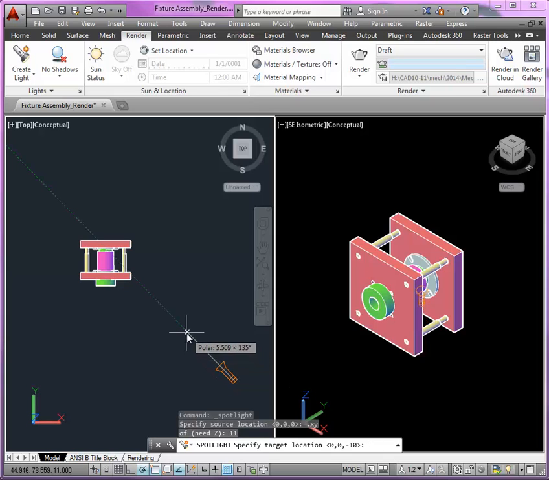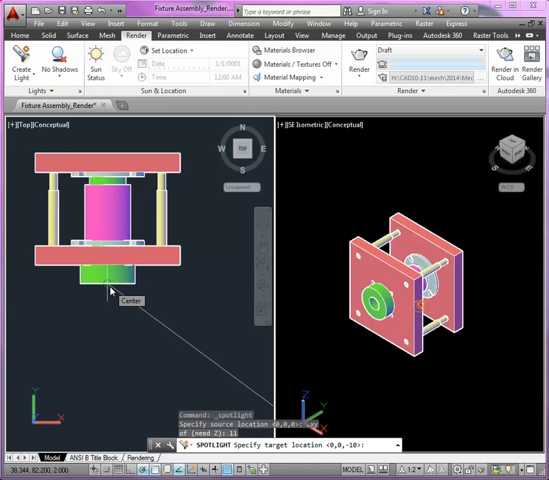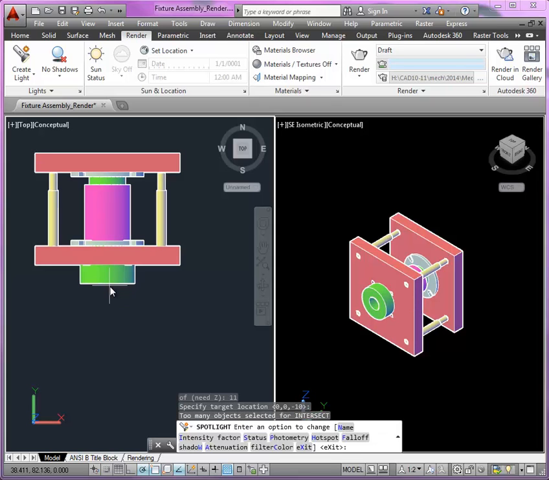What we can do here now is using our object snap modes, we can actually snap to features on the object, right? So if I wanted to bring it right to the center of the center pin there, I can click right on the face and at the same time establish the X, Y, and Z position. Okay? Now what does that look like? Well, if I enter again,